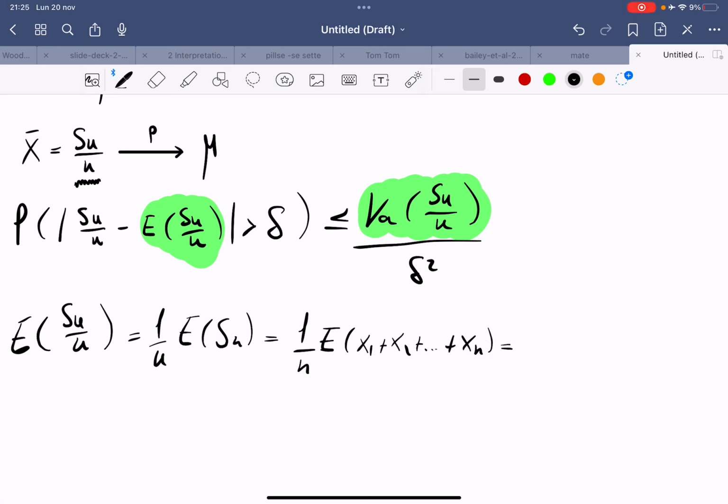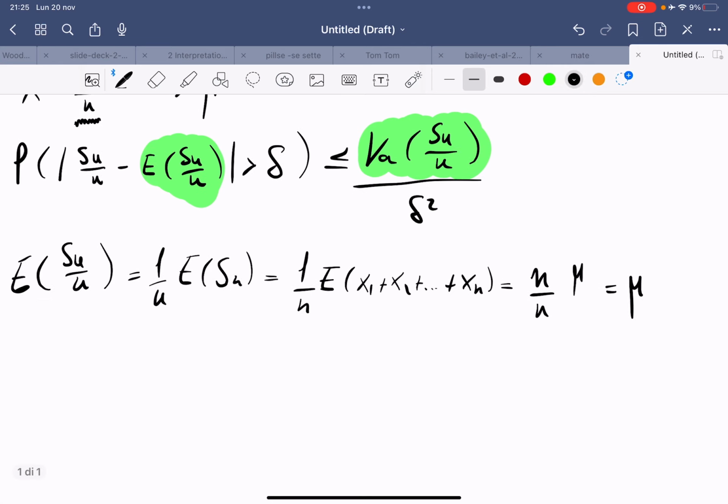Since they are all independent and identically distributed, it will be equal just to n times mu divided by n. So the expected value of the sample average will be just mu,